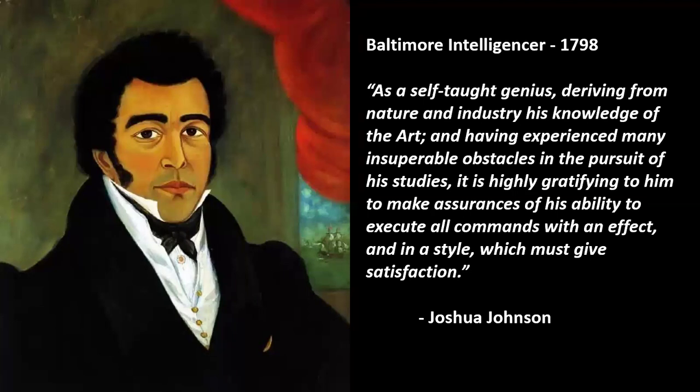And one of the things that's really neat about him is, okay, so he's an artist. How would he get commissions? Like, how would people hire him? Well, he sounds like a real marketing savvy kind of guy, because he would advertise his services in newspapers. And this particular advertisement was from a newspaper known as the Baltimore Intelligencer. And he has to say,